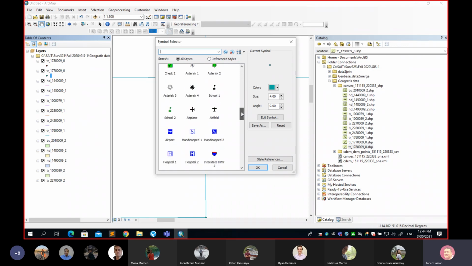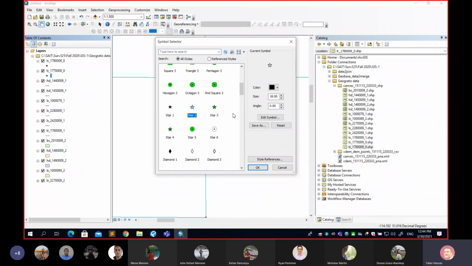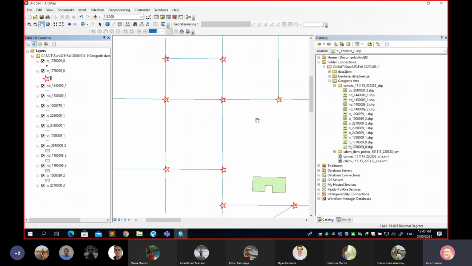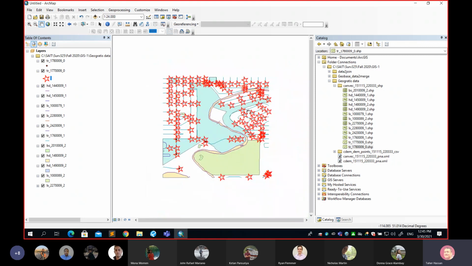For example, I can choose something like star 2. Once you click on star 2, it gives you more control here on the right side. I can change the color, so I make it red. I can also play with the size. I can make it, let's say, 30, and I can also play with the orientation, the angle. Let's make it maybe 15, and then hit OK and see what happens when I change the symbol. You can see the symbol already changed in my table of contents, and if I zoom out, you can see it simply changes the symbology for all the